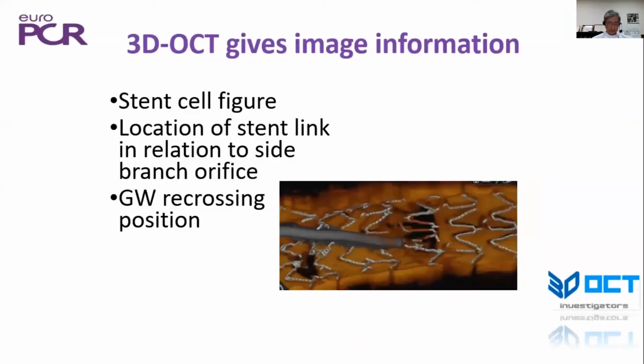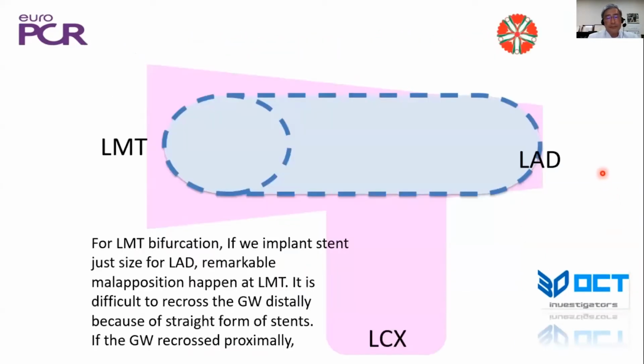Also, 3D OCT gives image information such as stent cell figure, location of stent link in relation to side branch orifice, and guidewire recrossing position like this. For example, for left main trunk bifurcation, if we implant the stent just as for LAD, remarkable malapposition happens at LMT. It is difficult to recross the guidewire distally because of the straight form of the stent. If the guidewire recrosses proximally,